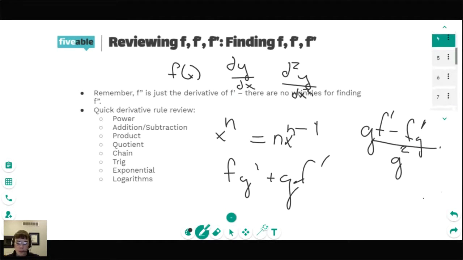So I would recommend, if by this point you're still having any trouble learning how to derive, going through and just cranking out problems, picking any sort of function from your textbook and just working through those,